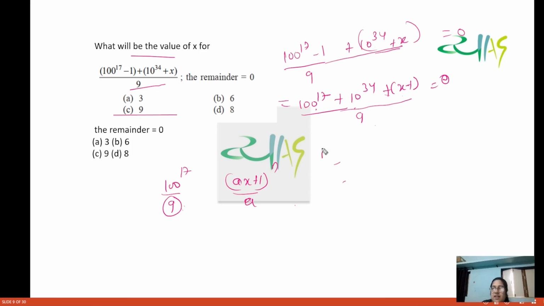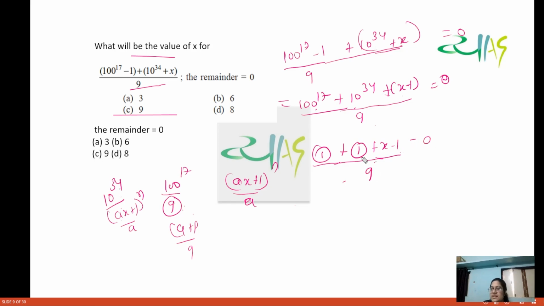तो ये 1 लिख लीजिए इसका रिमाइंडर प्लस नाउ यू हैव 10 टू द पावर 34. अभी क्या इसको ax प्लस वन के फॉर्म में लिख सकते हैं बाई ए टू द पावर एन? डेफिनेटली दिस इज 9 प्लस वन 10 ओनली। ओके, सो अगेन आपका रिमाइंडर क्या आ जाएगा, 1 आ जाएगा, ठीक है। एंड नाउ यू हैव x माइनस वन, ओके, बाई 9। तो ये बेसिकली सब रिमाइंडर ही तो है। तो ये 1 1 कैंसिल, x प्लस वन इज इक्वल्स टू आपका क्या आ जाएगा,